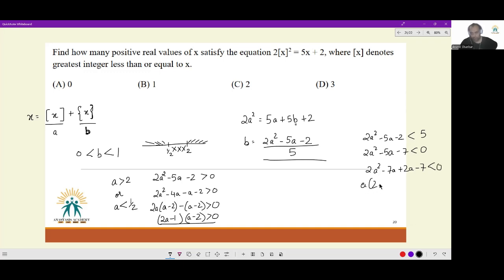We take out a common, 2a minus 7 plus 1, 2a minus 7 is less than 0, which gives us (a plus 1)(2a minus 7) is